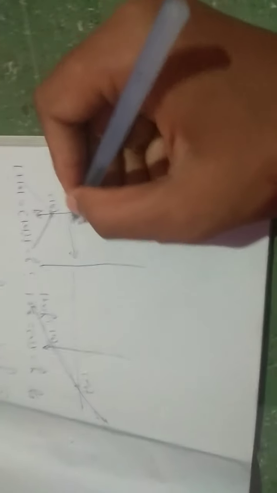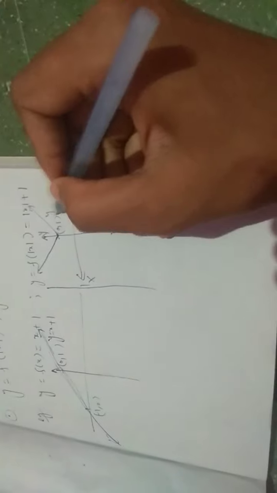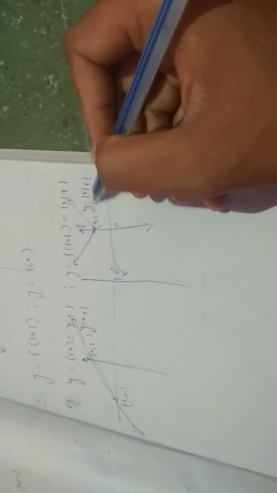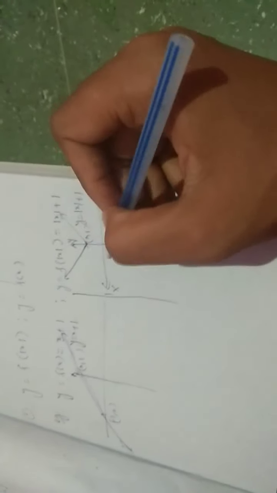This is origin, this is x axis, x dash, like this. So this is the graph of y equal to modulus of x plus 1. You can check when at x equal to 0, y equal to 1, and at x equal to 1 it is 2, and x equal to minus 1 also it is 2, and the graph is same, and this is verified, right? So